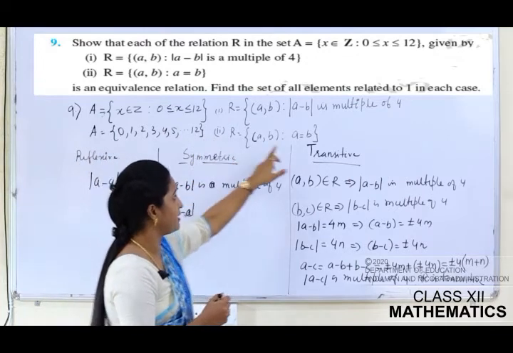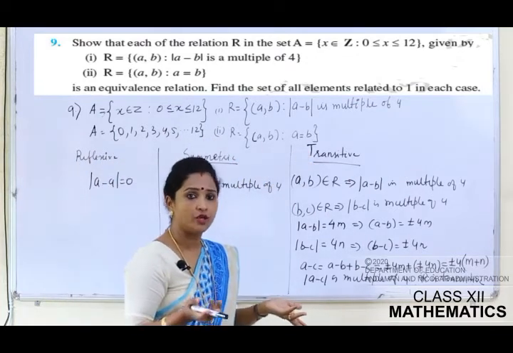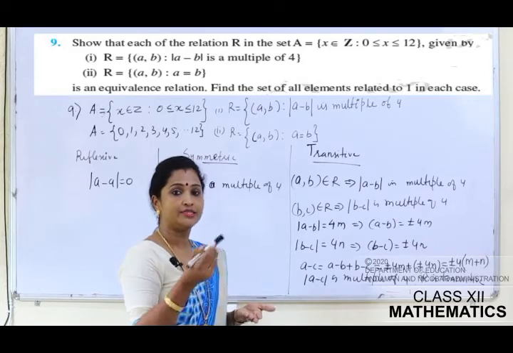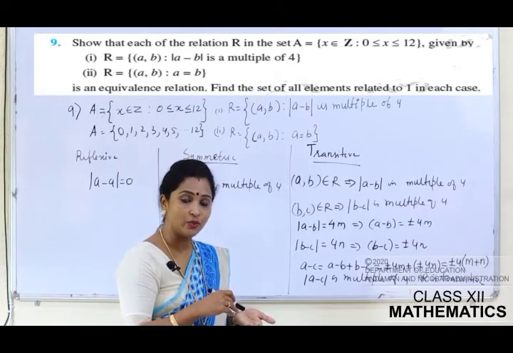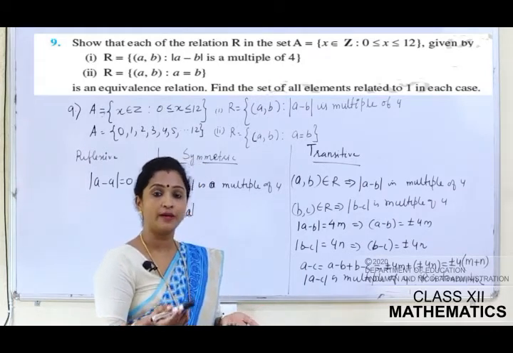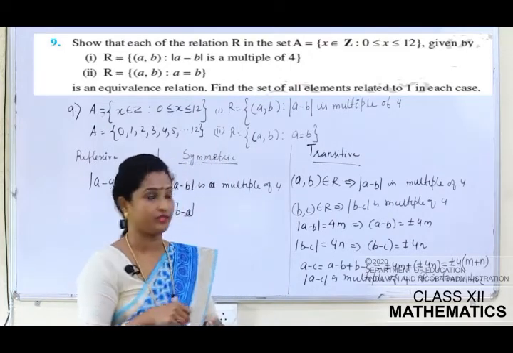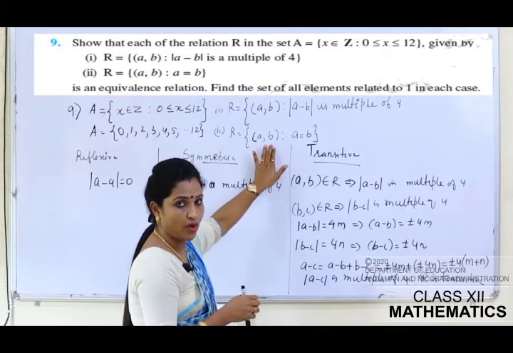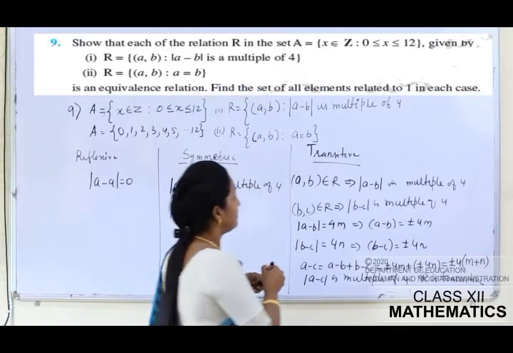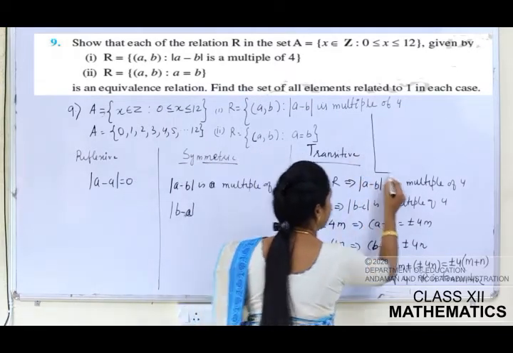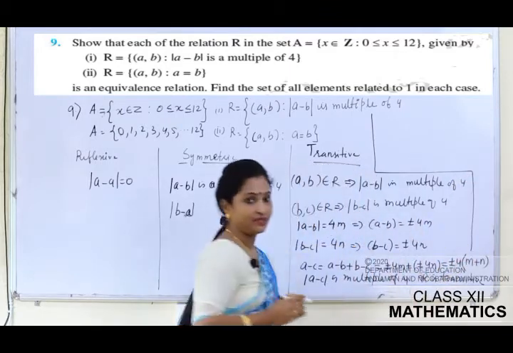Second part is very simple. a is equal to b. a is equal to a. Reflexive. a is equal to b implies that b is equal to a. Symmetric. a is equal to b, b is equal to c. That means a is equal to c. It is transitive. So this one is very simple. इसको आप अपने आप करिएगा. Okay. मैं just last part आपको समझाती हूँ, जहाँ पे आपको बताना है कि 1 से related आपको elements ढूंढने.